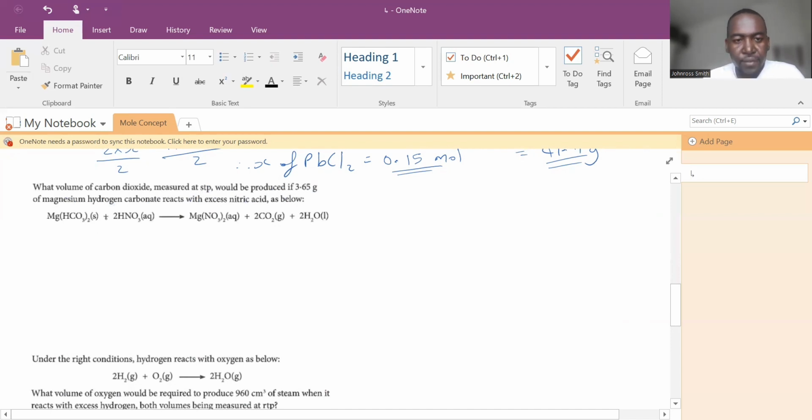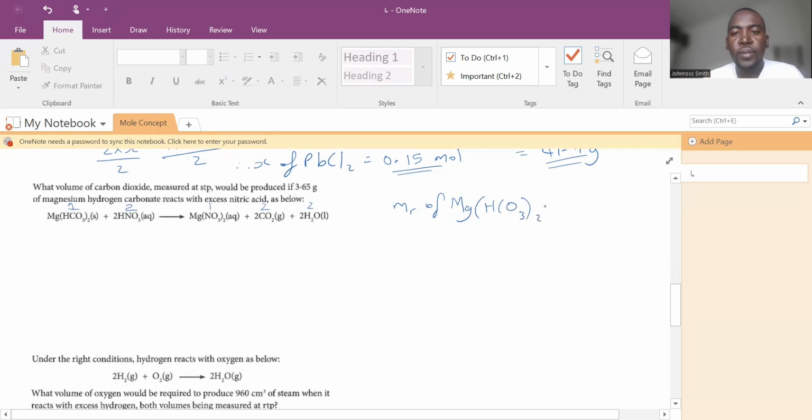And again, this is a full balanced chemical equation that says that we needed 1 mole of magnesium hydrogen carbonate to react with 2 moles of nitric acid to give us 1 mole of magnesium nitrate, 2 moles of carbon dioxide, and 2 moles of water. All right, so we are given that we have the mass of magnesium hydrogen carbonate. So therefore, the first step is we need a molar mass of the